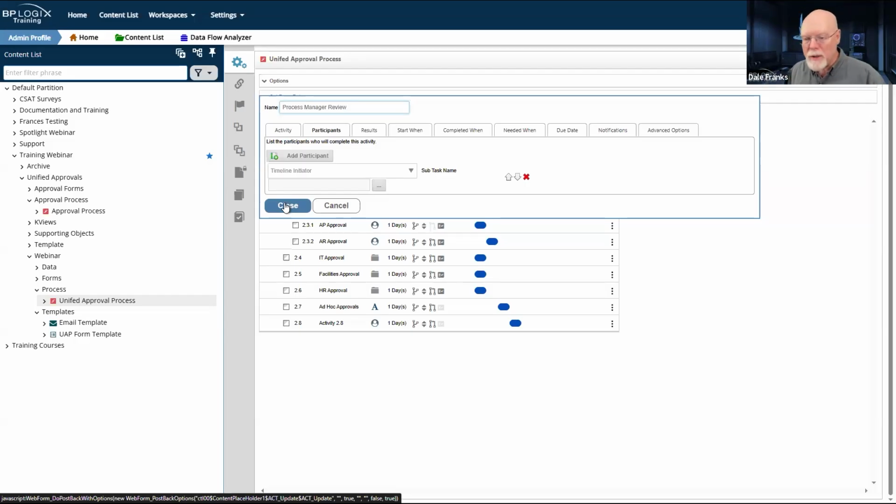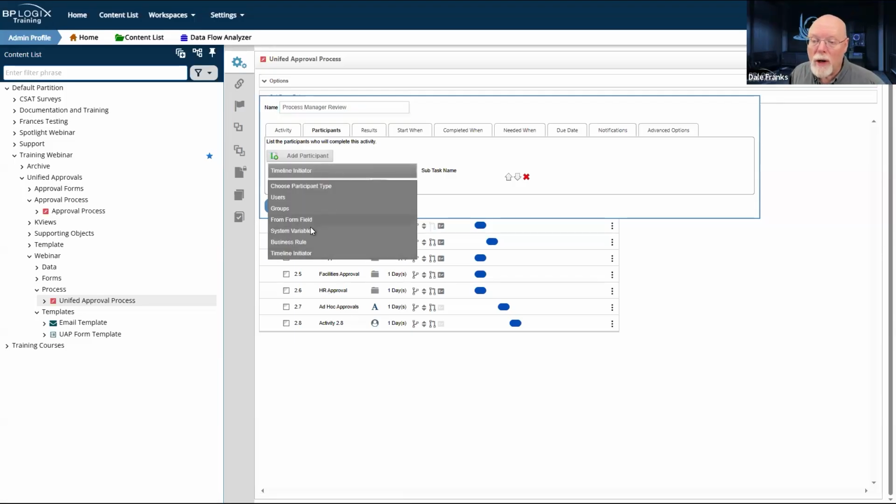I could use the business rule here because I'm going to have to use a parameterized business rule. I'm going to have to pass it the value from the process field. And then based on that parameter, I'm going to return a user based on what the process code is. I could do that here, or I can do it in the form. I'm actually going to do it in the form simply to make the configuration of the process timeline a little bit easier.